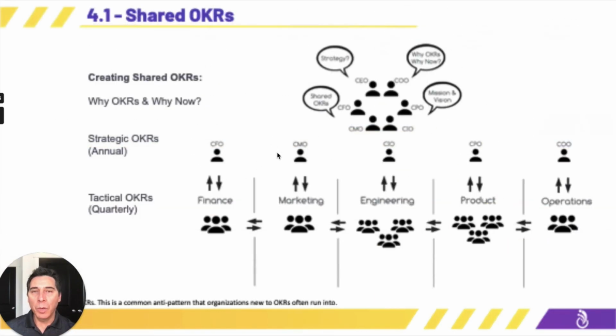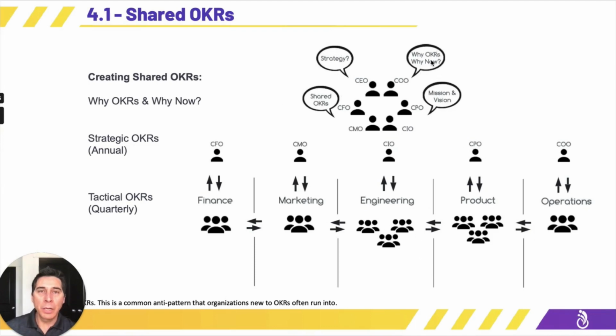But in contrast, when we adopt our OKR program and we're able to answer the question, why OKRs and why now, that leads to strategy. That leads to understanding why OKRs and why now. That leads to conversation around our mission and vision. And by the same token, that leads to the conversation around shared OKRs. What is best for the organization? What is best for the company right now? And then what we end up doing is we identify that and we take that back to our teams. And we create OKRs that are shared across finance and marketing, engineering and marketing, product and engineering and marketing, etc., right? We're creating these horizontal goals there. And so that's the beauty in creating shared OKRs.